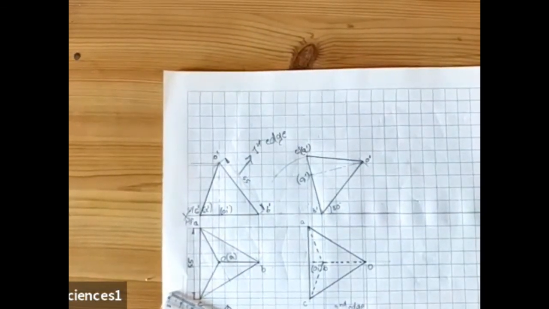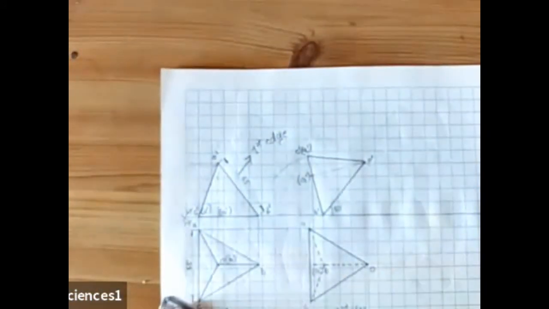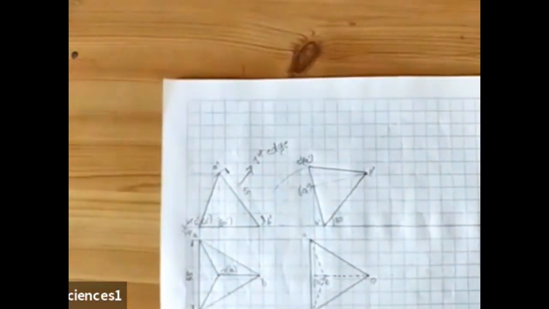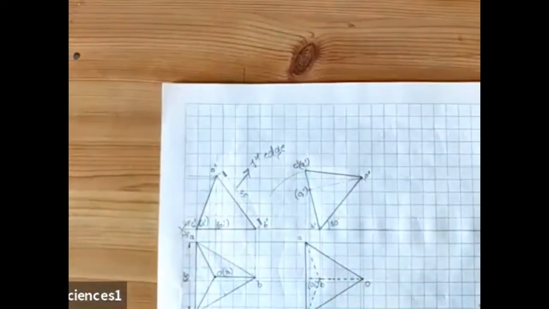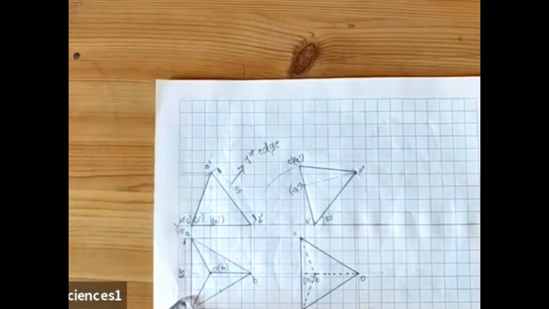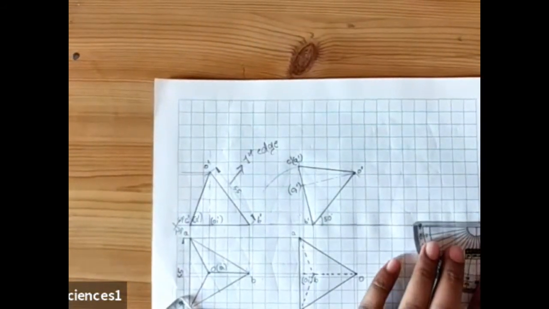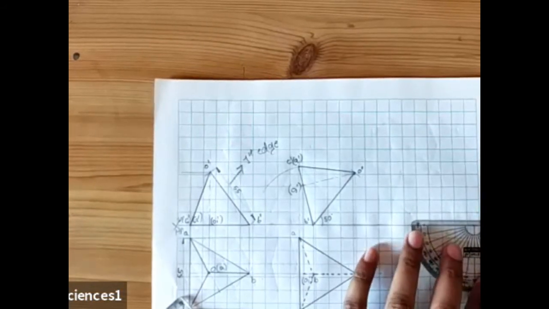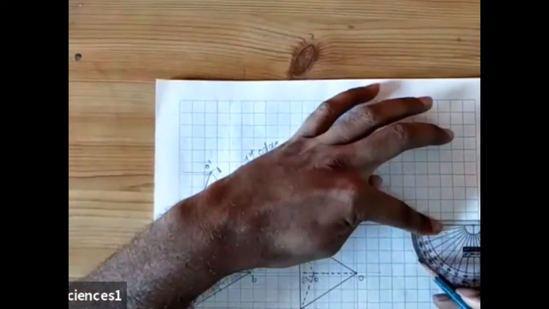What is the third condition he has told you? The original edge is inclined at an angle of 30 degrees. The original length edge is inclined at an angle of 30 degrees. That is 55 mm. Now what you will be doing is, in your protractor, first give a point and measure 30 degrees, which he has given to us in the problem. See, 30 degrees you will be getting here.